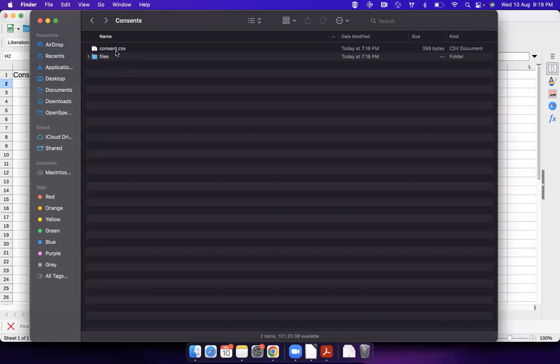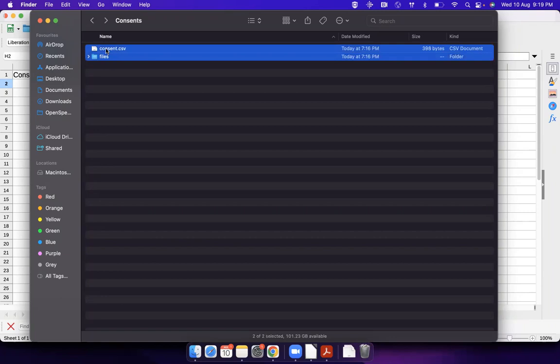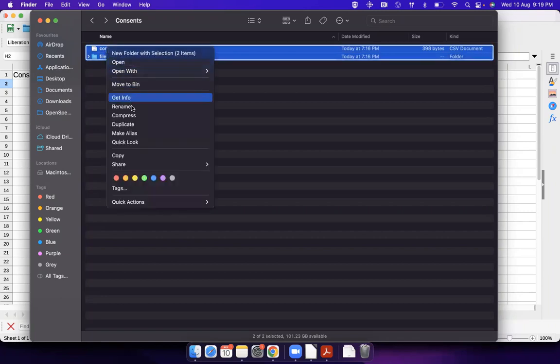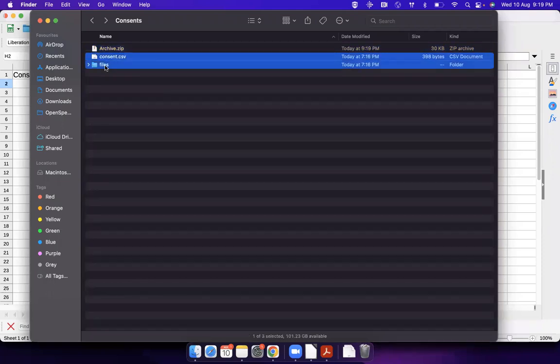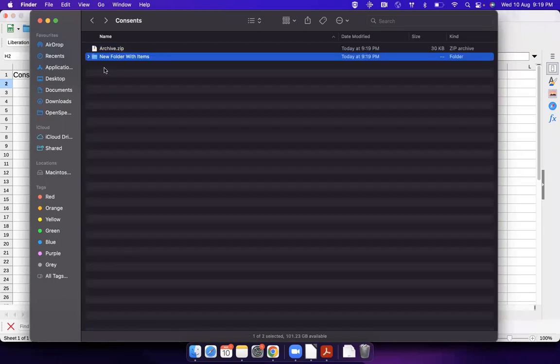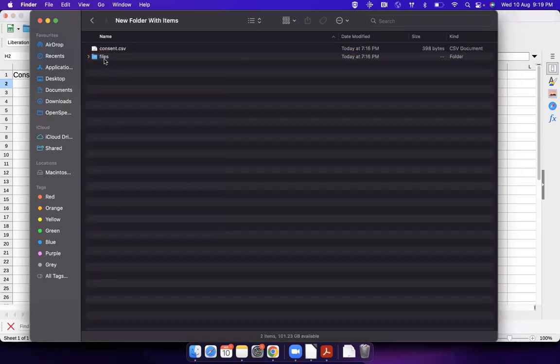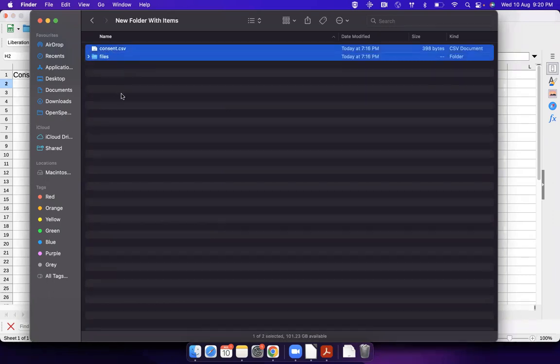So now what I need to do is a combination of these two. I need to create a zip file. I compress that and create a zip file. Make sure you create a zip file of the CSV file and the files folder, and not put them in a folder and then zip it. That's not going to work. It has to be a zip of these two. And once you have created that,